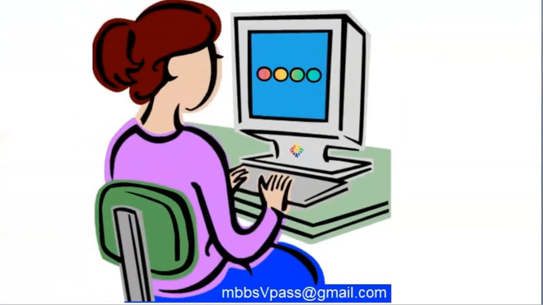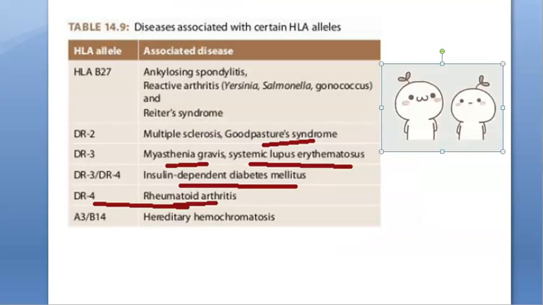Mainly, you can remember this one, guys: ankylosing spondylitis, okay? Ankylosing spondylitis, HLA-B27. An allele has been associated with increased susceptibility to certain diseases. So, they are talking about HLA-B27 for ankylosing spondylitis. HLA-B27 is strongly associated with ankylosing spondylitis. If you are expressing this allele, then you are susceptible to this disease. It is a 90 times higher risk than those who are not expressing this allele, okay?